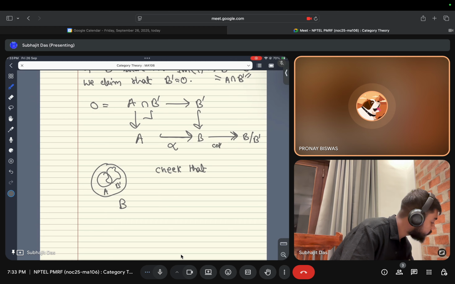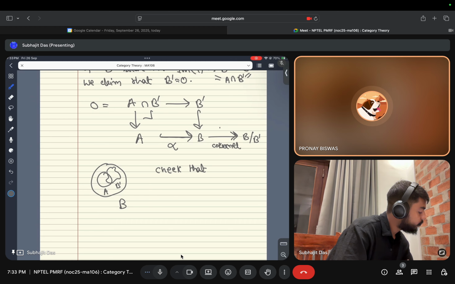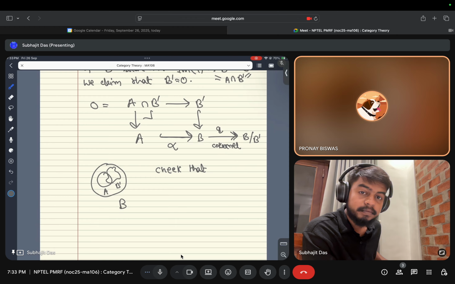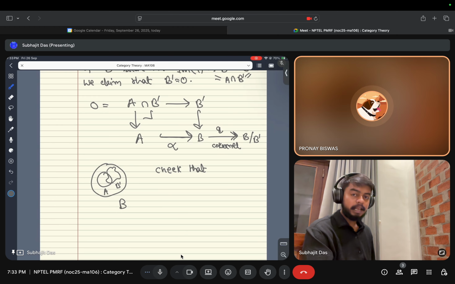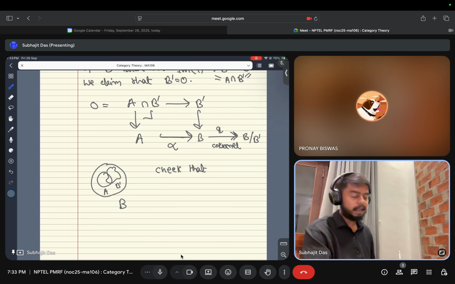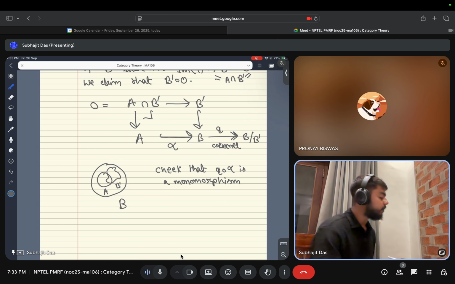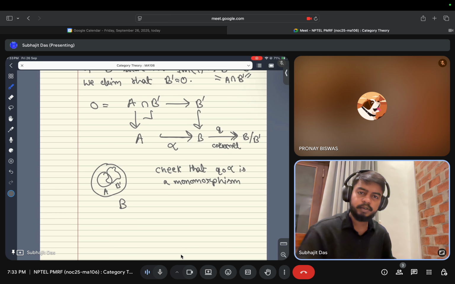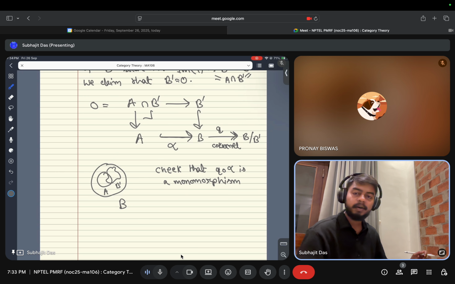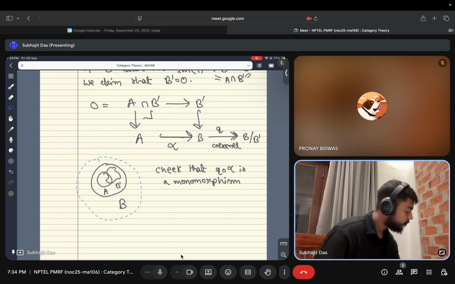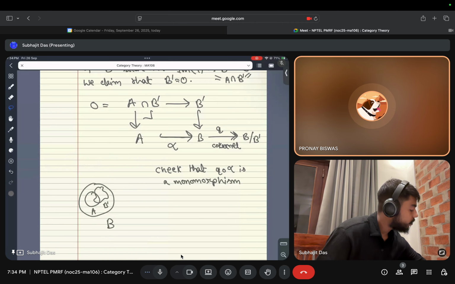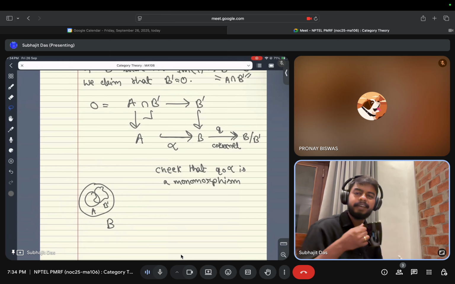Okay, let's have a name for this. Provided of course we show that this actually happens: Q composed with alpha is a monomorphism. And to check that is easy. You can figure an argument out. So how do you show that something is a monomorphism? Just show that its kernel is 0, or equivalently,